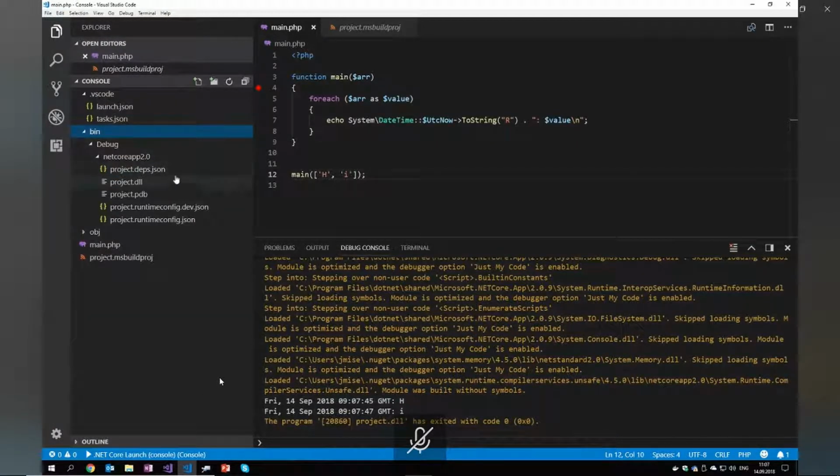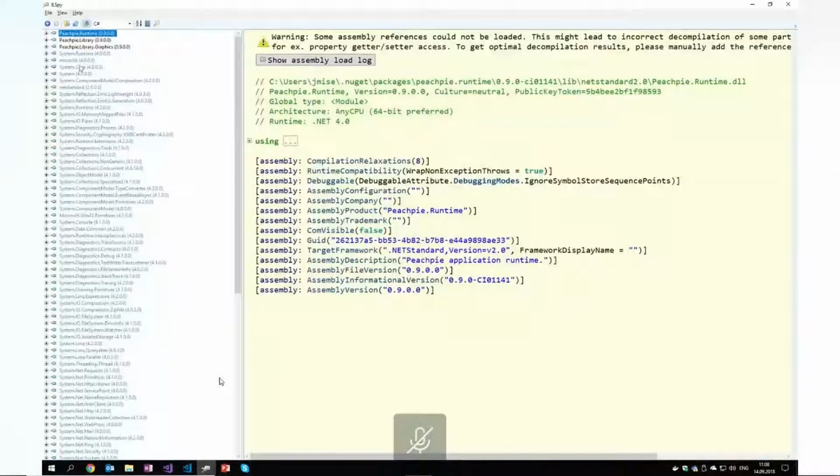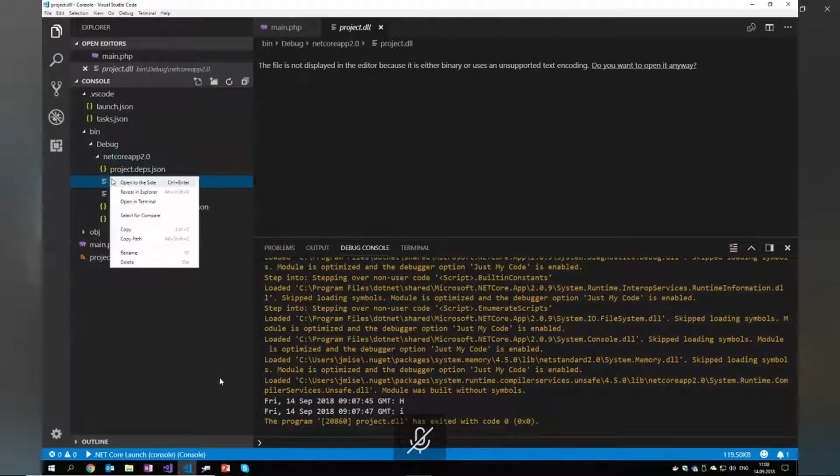So what's the result of this compilation? As you are used to from any other C# project, there is the bin folder with debug and netcoreapp, and there is a DLL file and PDB file for debugging features. And we can look at the DLL file using some decompiler like ILSpy, for example. So if we open the DLL file in ILSpy like this,